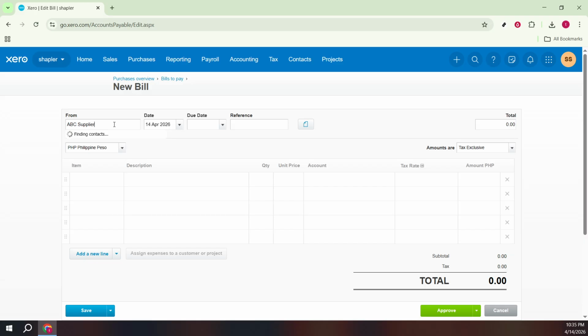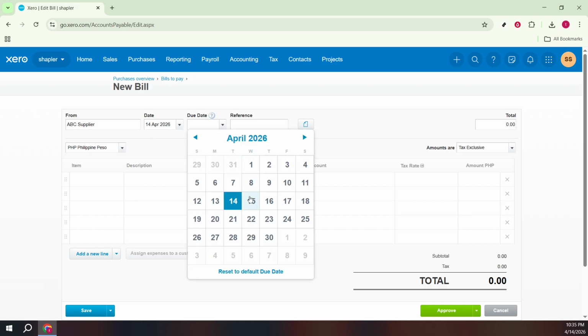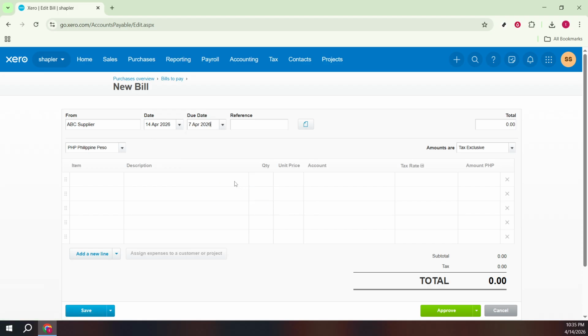Click into the item field and start typing the inventory item's code or name, then select it from the list. Linking the line to an item is the key step. It tells Xero to track quantity and cost for that specific product. The description will often autofill from the item record, but feel free to refine it to match the supplier's wording